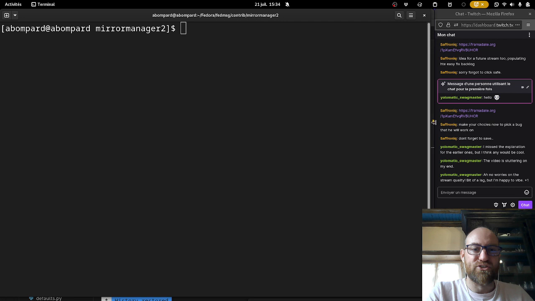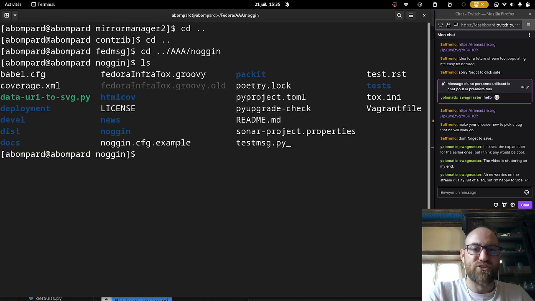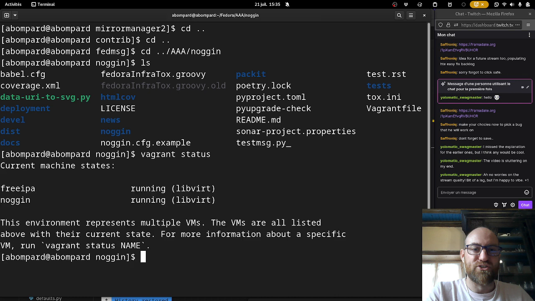So I was working on Mirror Manager 2 before that, but I'll switch to Noggin. Okay, so the Noggin VM is running.